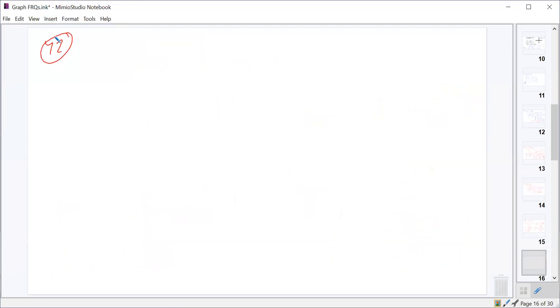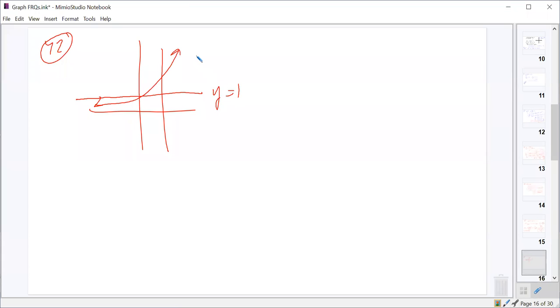All right, 72. We've got a region bounded by y equals e to the x, that's this, y equals 1, should be this, and x equals 2, which should be this. We're rotating that region around the x-axis and finding the volume of the solid generated. So hopefully we can do this in terms of